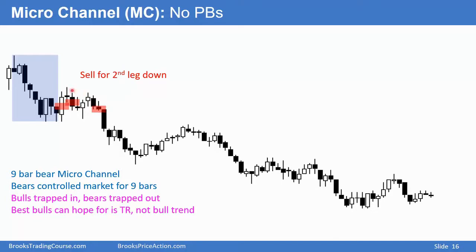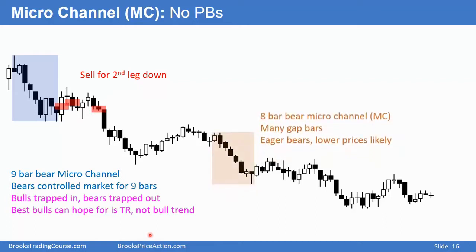And again here, now we have a small double top bear flag. Bears will sell below the low either of that bar, or better, below the low of this bar, a bear bar closing near its low, betting on resumption of the trend down. This bar led to a pullback. We have a little pullback here. And then we have 8 bars down without a pullback. This bar went above the high of that bar. So that ended the bear microchannel.